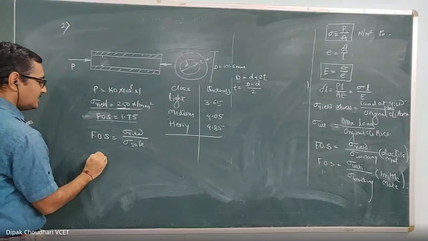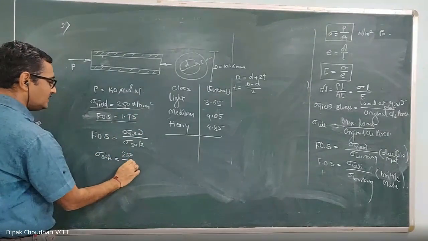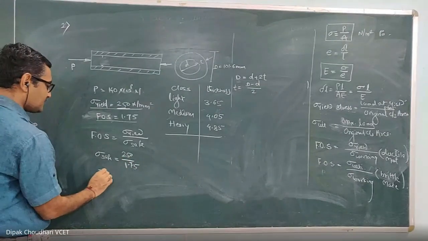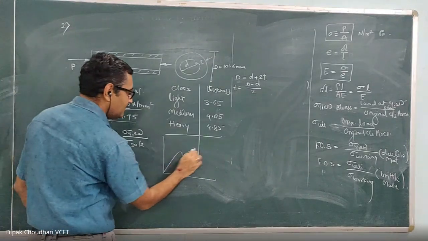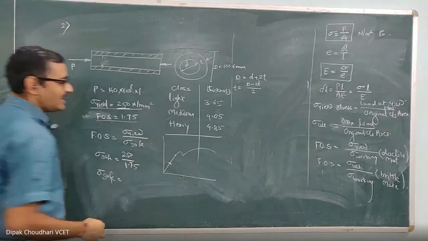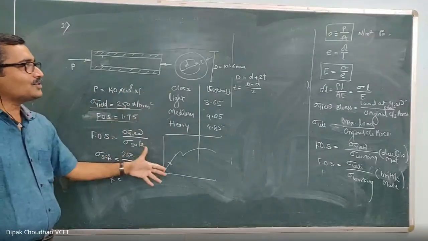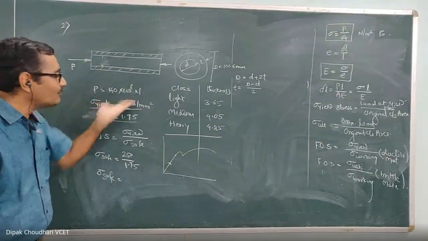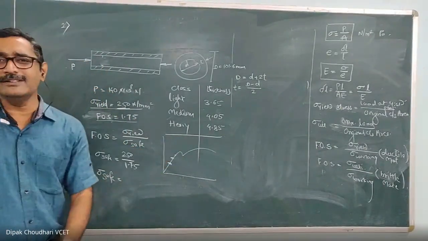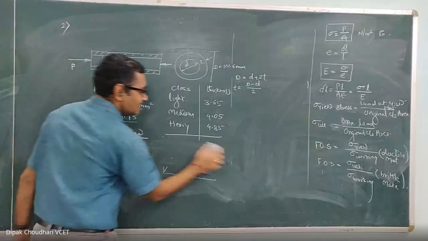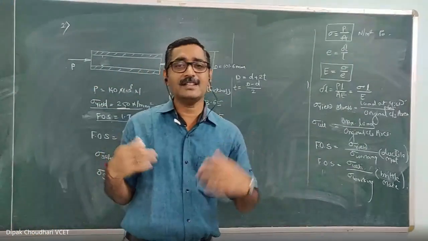So the safe stress equals the yield stress, 250, upon 1.75. From this you will get the safe stress, and this safe stress we have calculated must be within the elastic limit. This value will be somewhere here for that particular material. If sometimes, accidentally, the load goes beyond 140 kilonewton, the induced stress will go from here to here. It will not fail; it will not go up to the yield stress. That's why we calculate the safe stress, and the thickness we calculate with its help will be the safe thickness.